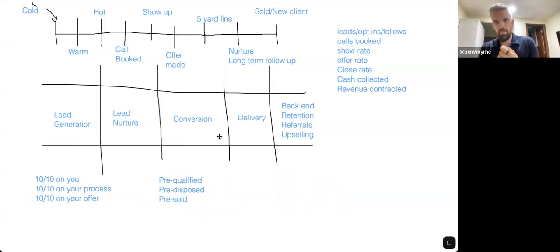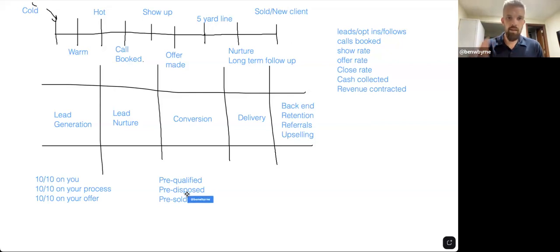You don't have to educate people. You don't have to convince them of why your way is better. They're already basically showing up knowing what you're all about, how it works, why it's better than everything else they've tried. And if they believe that, that's always the first sale you have to make. Well, number 1 is getting them to commit to change, but that's different. Number 2 is sold on your process. And number 3 is sold on your offer.